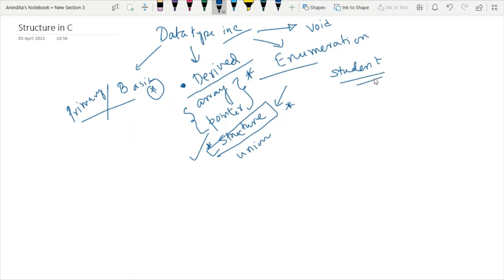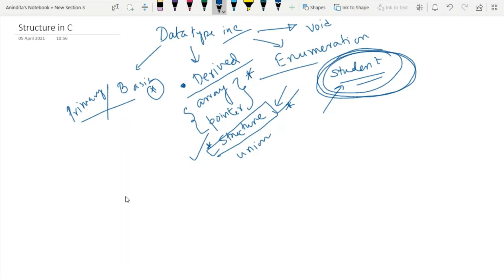So, in that case, how can I use an array for this kind of problem? At this point of time, I will require something which can hold the data of different types together. So, this is the reason why we have to use the concept of structure in C.